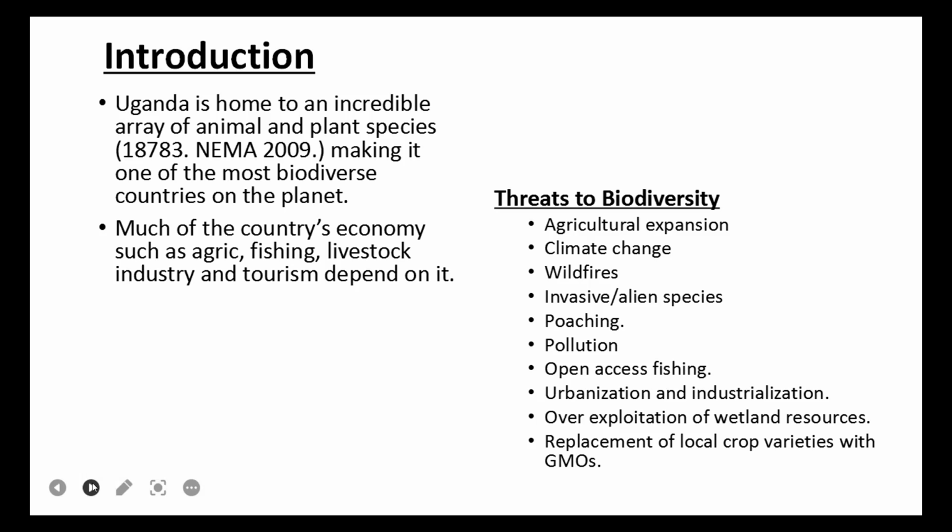A lot of disadvantages and advantages come up as a result of urbanization and industrialization, pollution inclusive, a lot of accidents inclusive. Then over-exploitation of wetland resources. This is also self-explanatory. In trying to open more land for investment, for agriculture, for construction, wetlands are encroached.